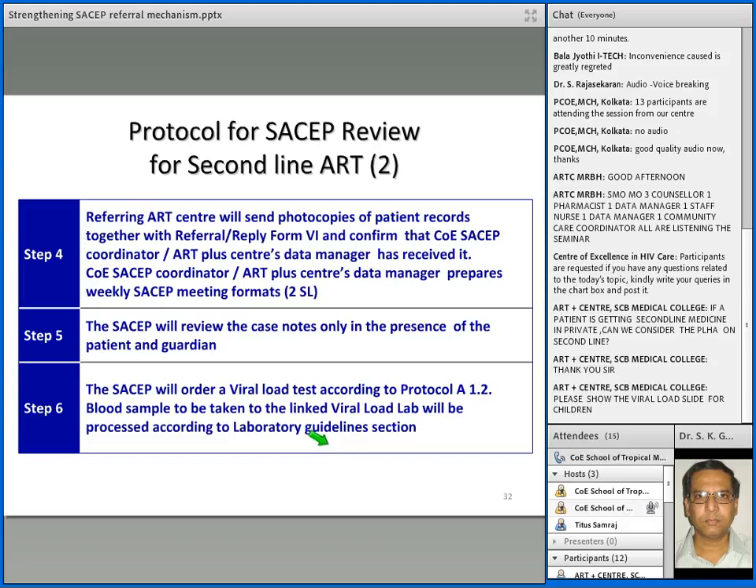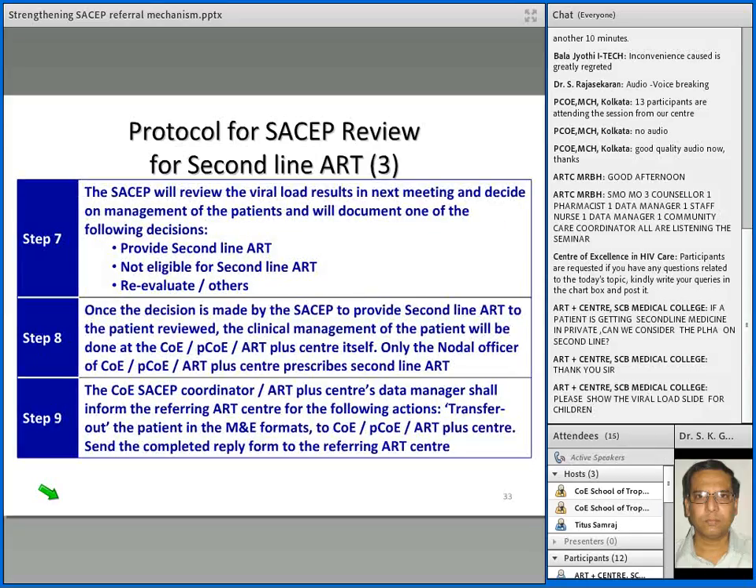SACEP blood is drawn and is transported to the lab. Now, in the next meeting, the SACEP will review the viral load results and decide on management of the patient, like if it is less than 400,000 or above. Document one of the following: